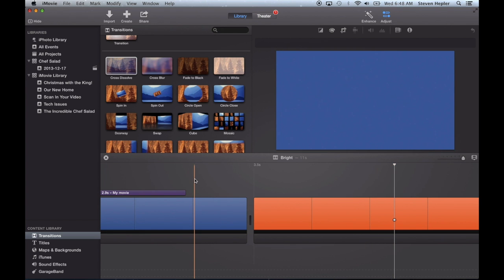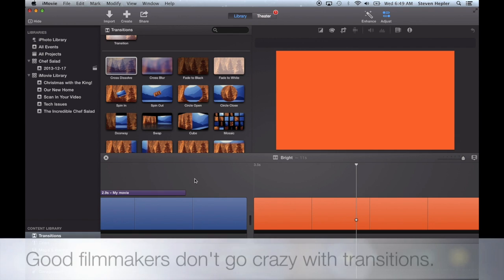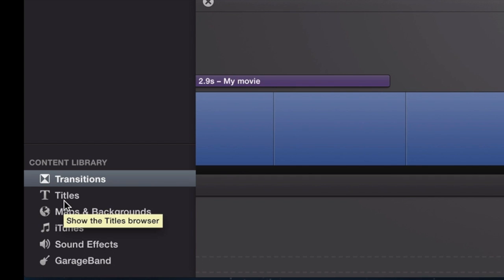There it goes. Let me show it to you again. Click here, play it again, cut. Isn't that fancy? No, it's not. That's what good filmmakers do. They don't go too crazy with transitions. And while we're talking about crazy, which is a subject that I know something about, let's move on to the